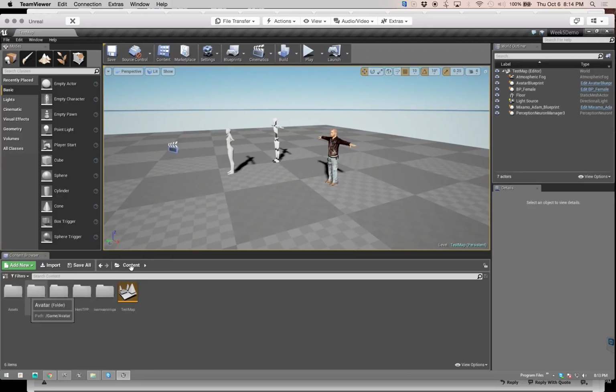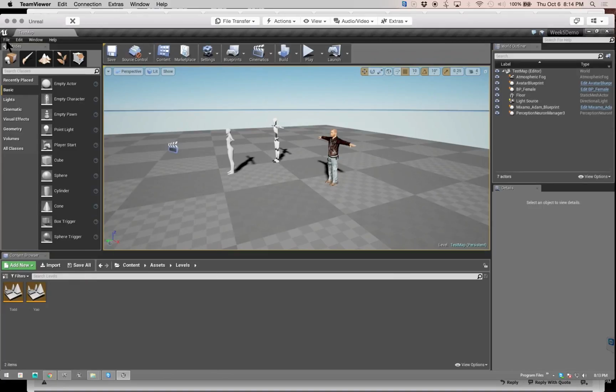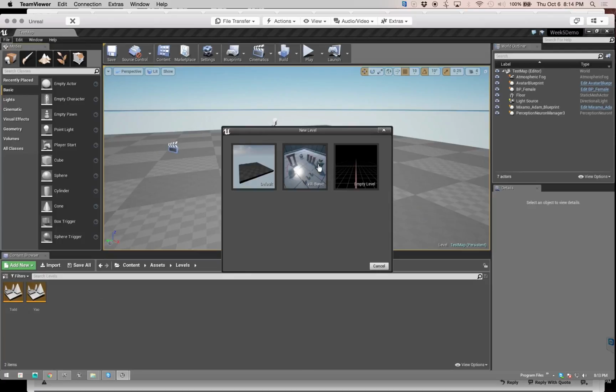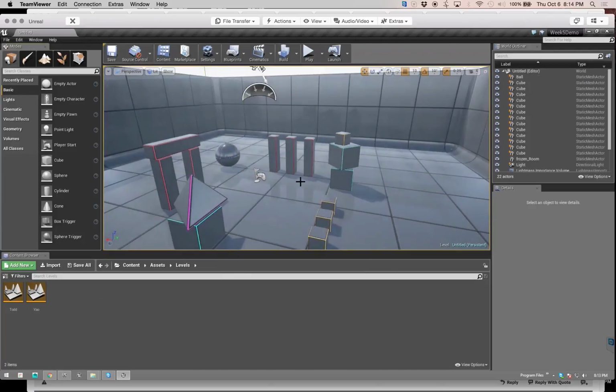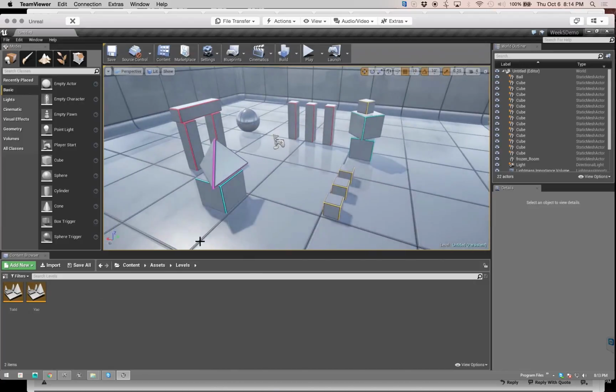So I'll just make a new world really quick. I got assets. I got levels. And my new level is going to be a little basic thing. Here's some things for me to knock over. Built in. Boom. And so if you guys remember all the way back 2 weeks ago, we used the OptiTrack